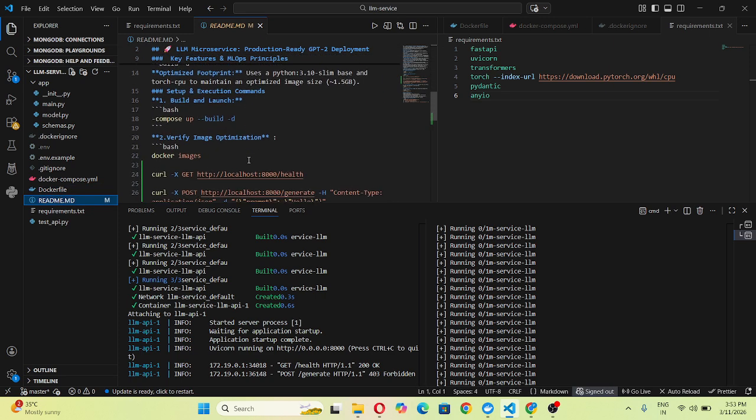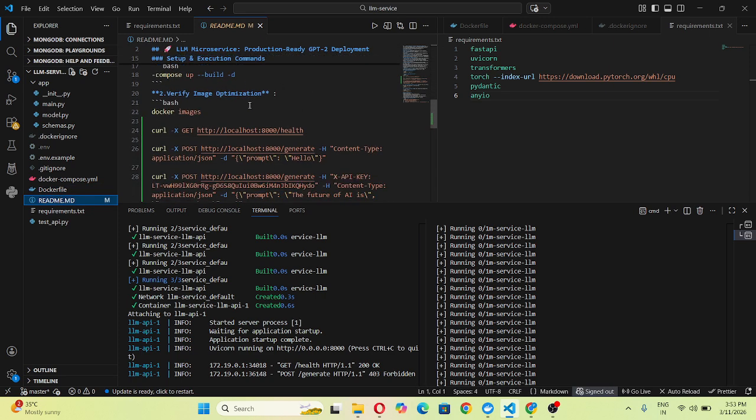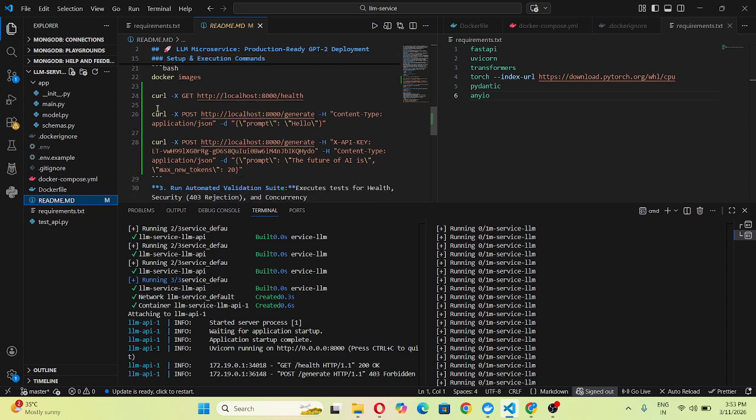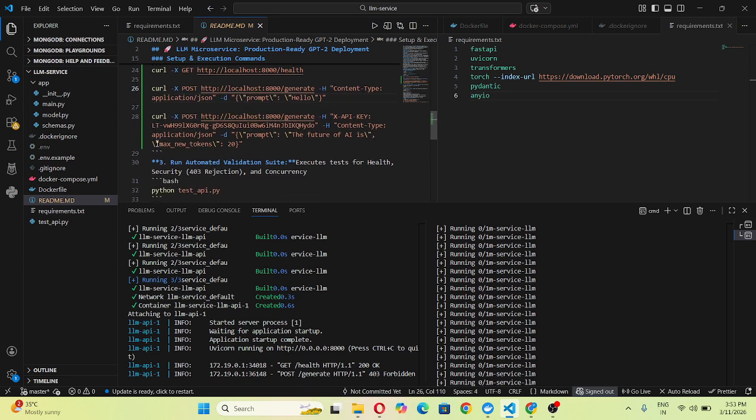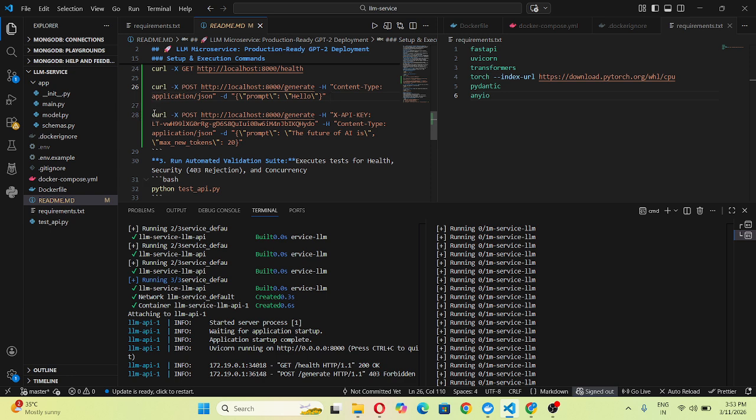In the README.md, I kept the commands that I have used. It shows a 200 success and it shows the security. This particular output shows the lazy implementation. It will load the